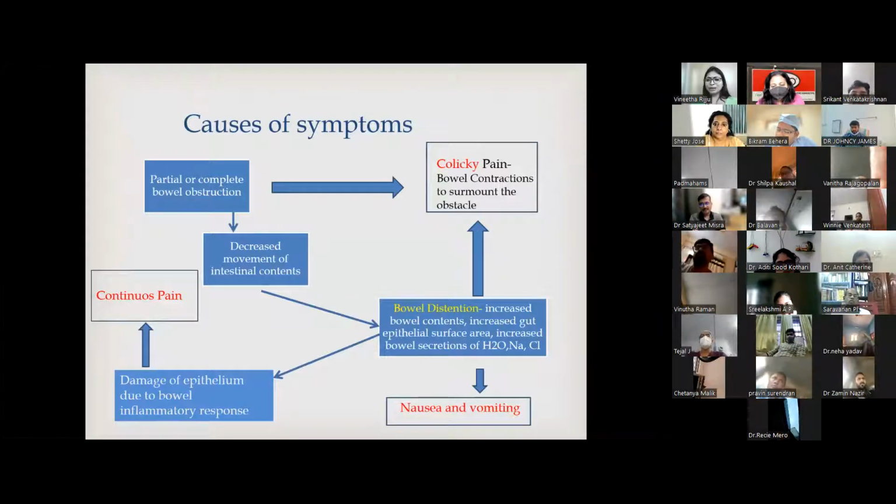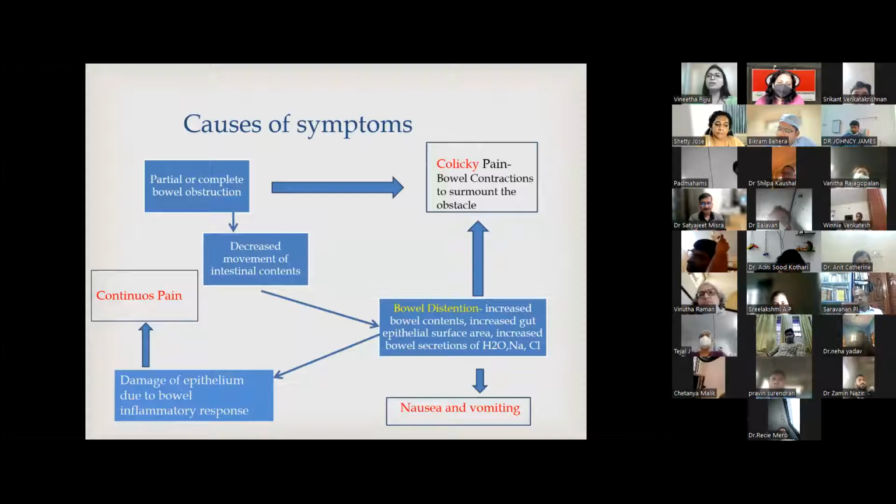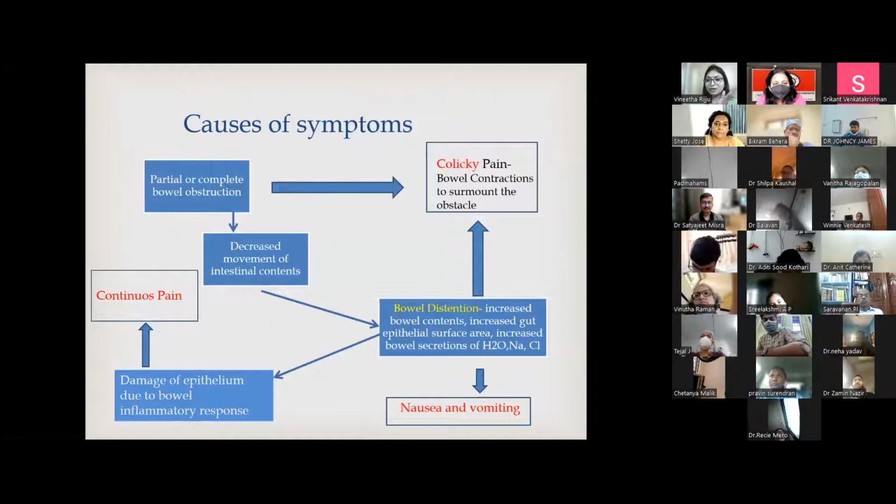So much distension, so much of secretions is happening, and all this could lead to nausea and vomiting. And now, because of all this, there's again damage of the epithelium because of the inflammatory responses, and this will lead to the pain. So we see three things marked here: the pain, the bowel distension, and the nausea and vomiting. So along with the constipation, we have these three things that we have to be